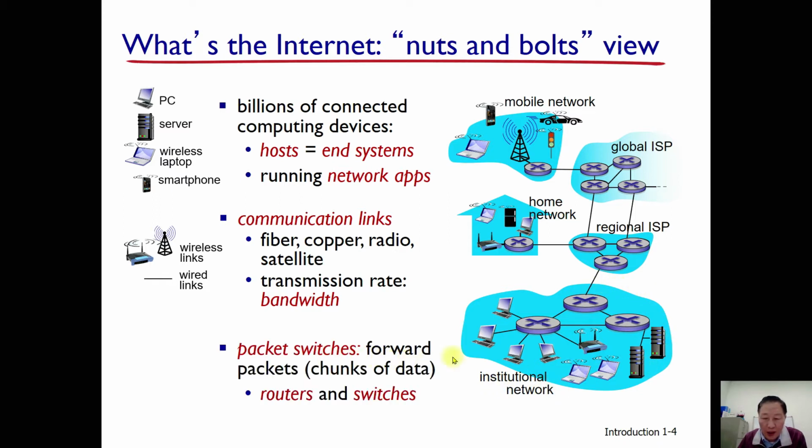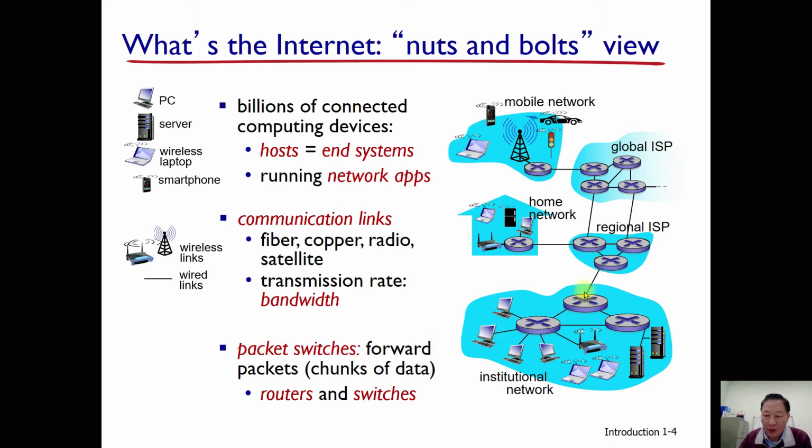These are called packet switches, and especially this one is called a router. We can see different devices later, even though that is not described well enough here. The Ethernet switch is also important, and it will be used to interconnect these devices to the router to transfer to the other side. This one is forwarding the packet. The packet is a chunk of data. We learn about this concept of packets later. At this moment, it is a portion of data, a chunk of data, that will be transferred separately